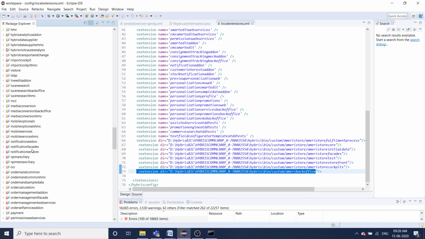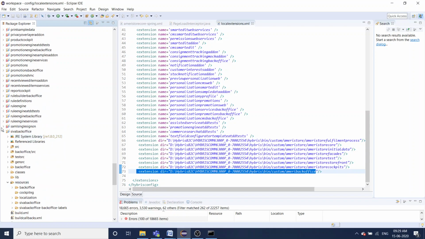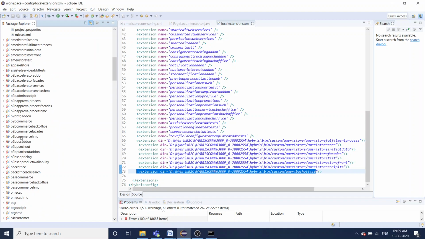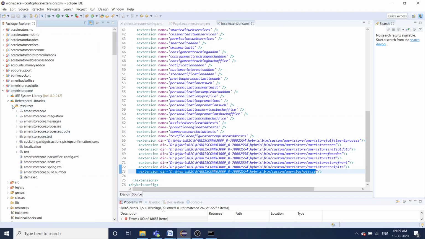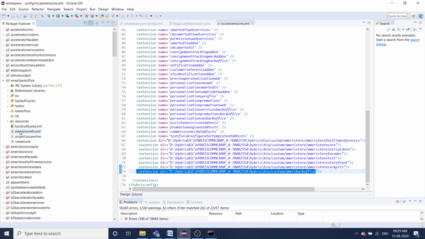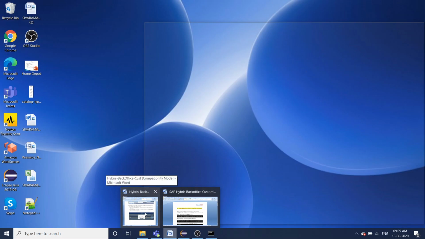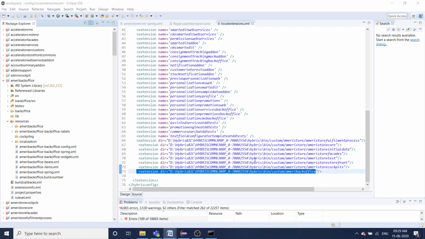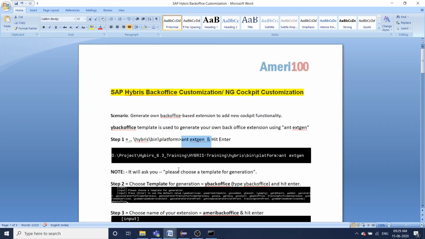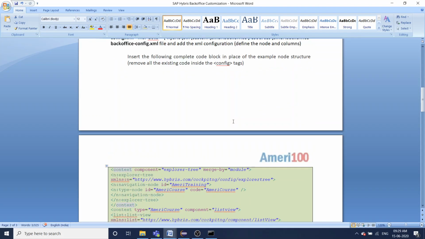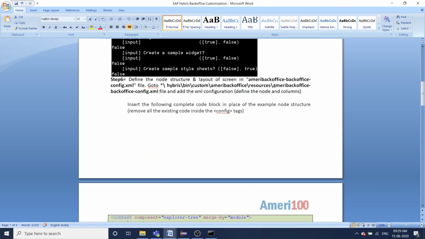Then go to Hybris, our new back office extension, ameribackoffice, and follow the document. And go to ameribackoffice-backoffice-config.xml.